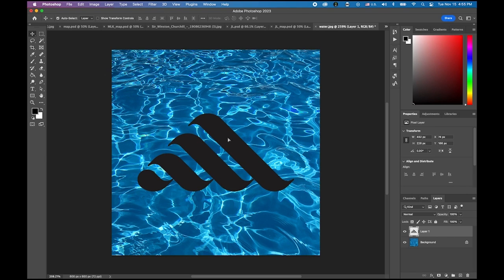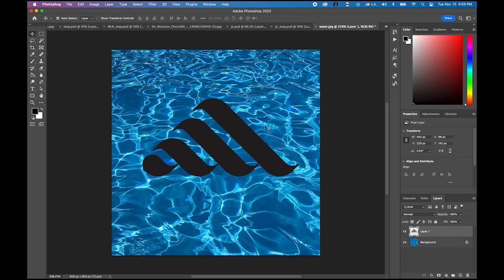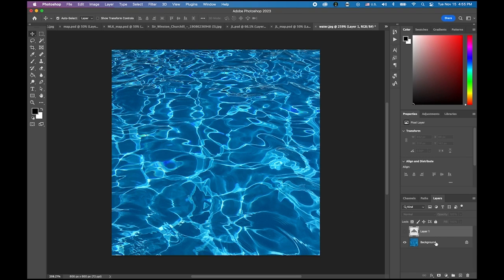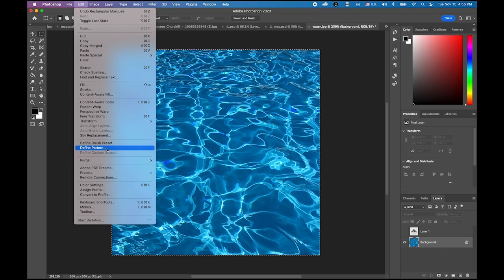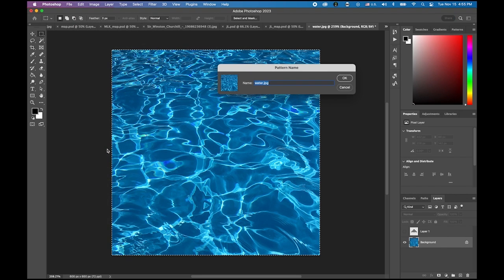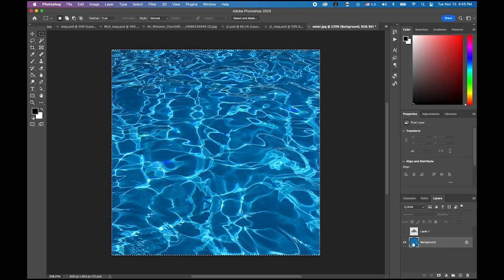So what I want to do is apply this water texture on this symbol. So let me hide it first. Let me choose this background layer. I'm gonna select everything. Then go to the Edit menu, Define Pattern, as water surface. Any name is fine. Water surface. Okay, now